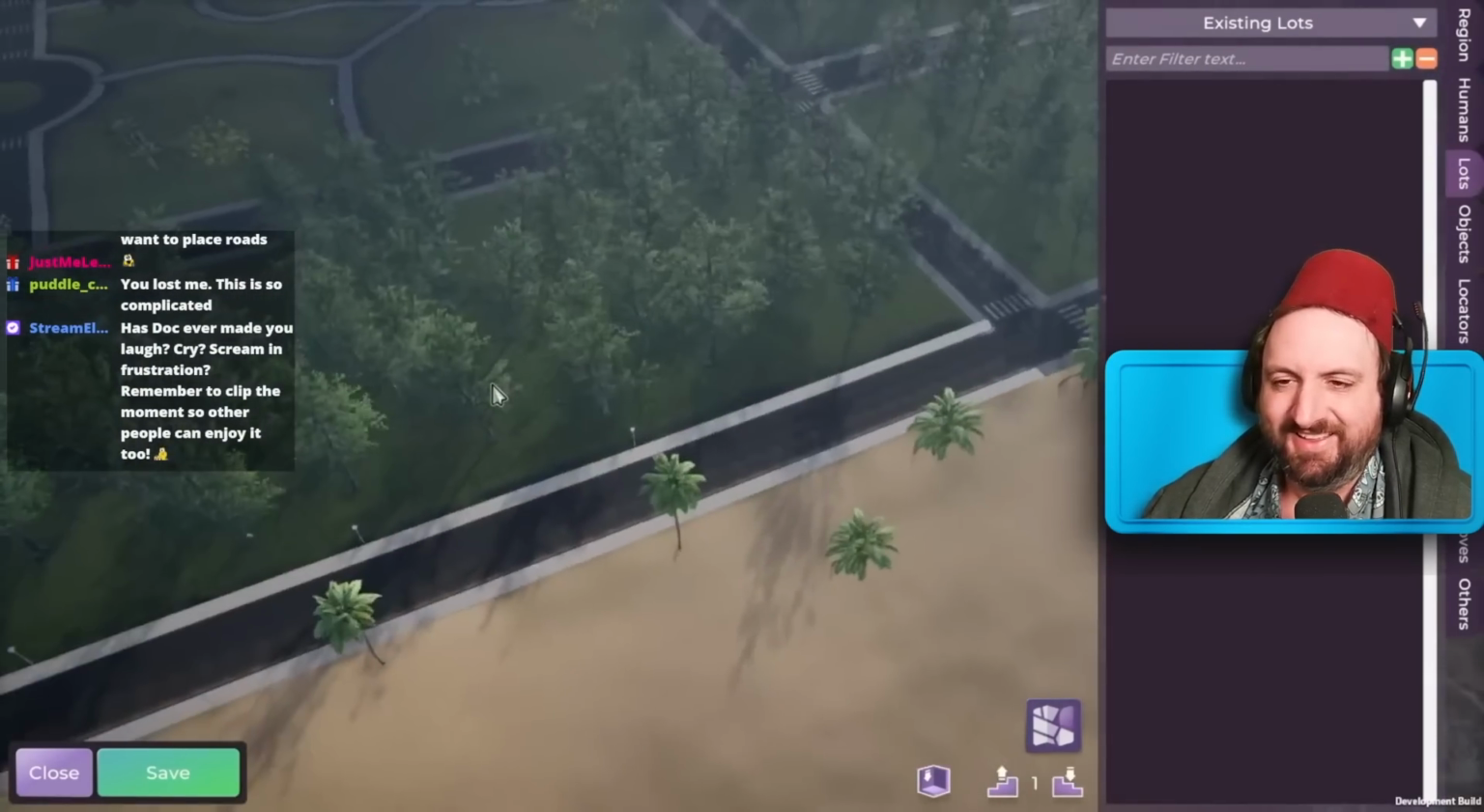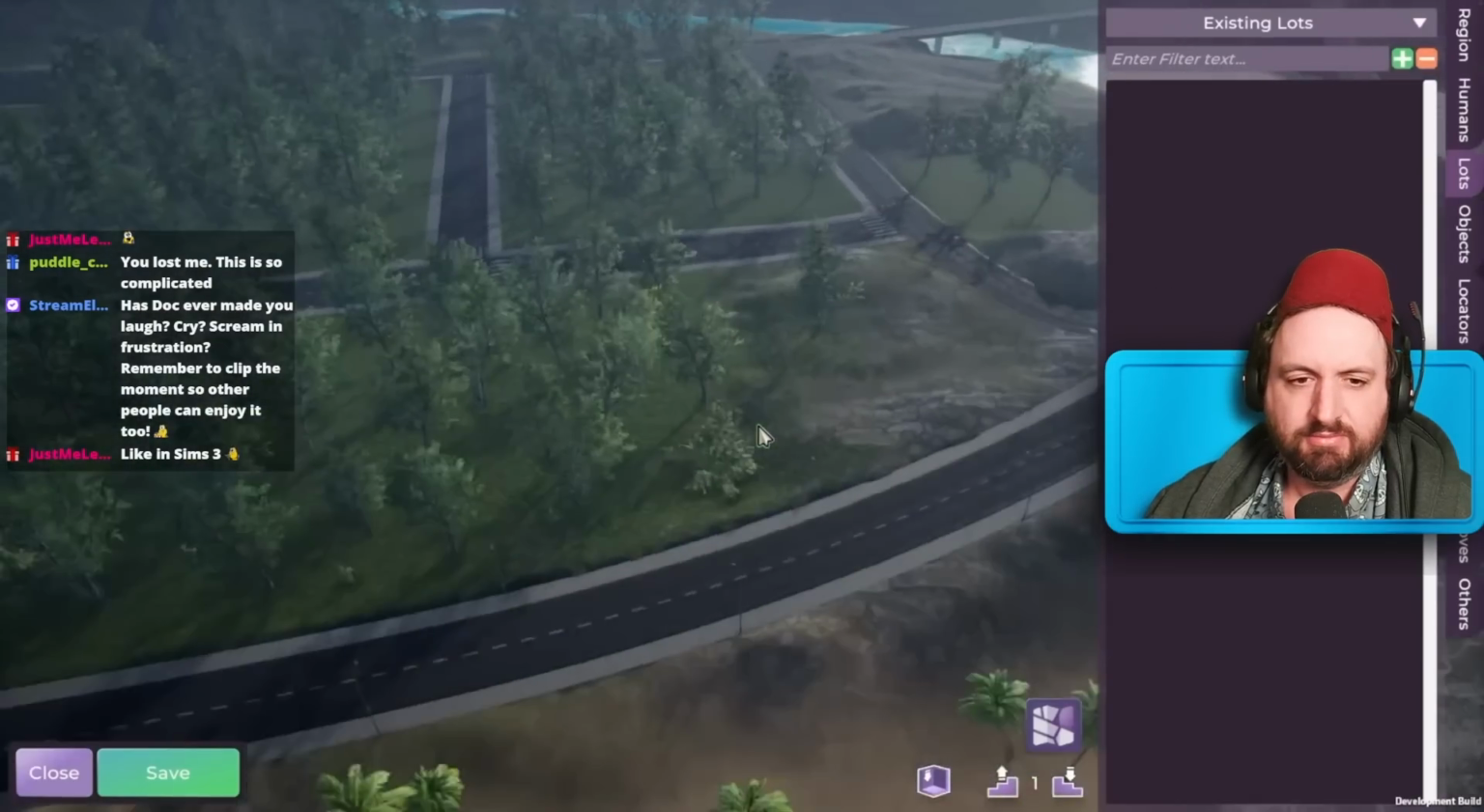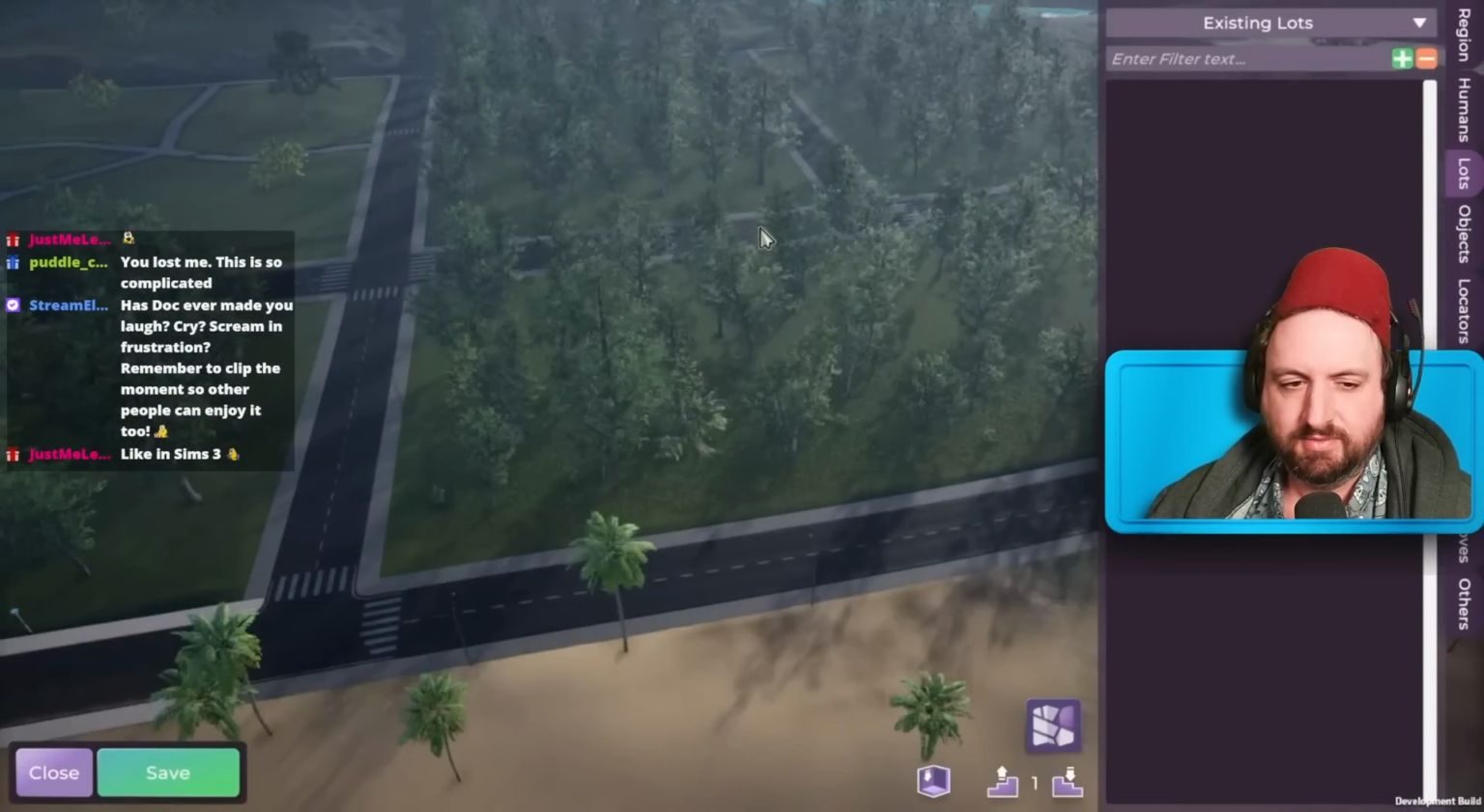So we can click on the Lots tab, and then let's find a good spot for a lot, maybe right here. And we're going to add a lot simply by clicking the green